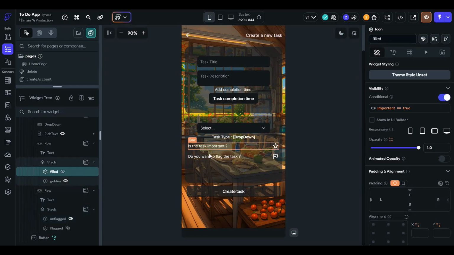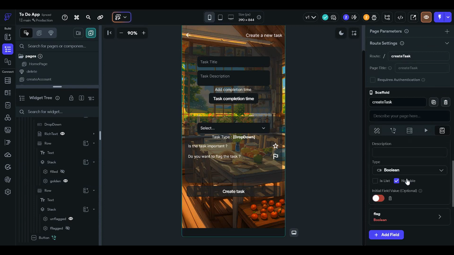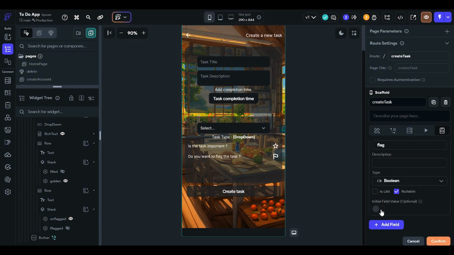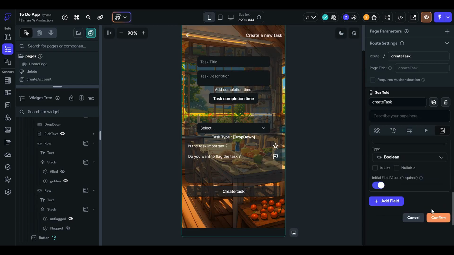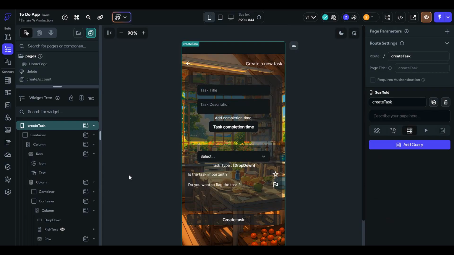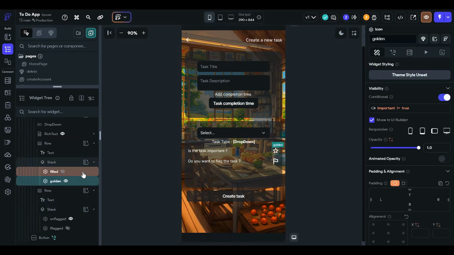Now we will set some actions, but before that we will go to the page state variables, local variables. In this we have set it nullable, but it will not be nullable. It needs the initial field, or it will give a null value to the page. So now come here and click on the field button or the empty button,